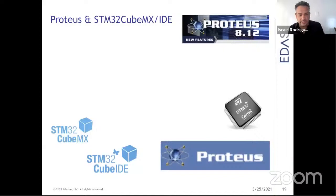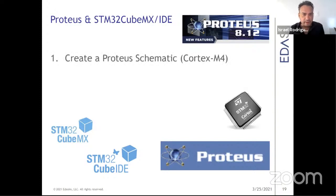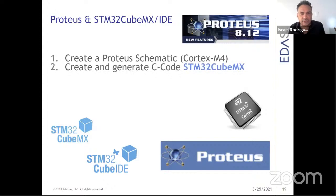Okay, so how does it work? Proteus simulates code compiled and generated using STM32CubeIDE and CubeMX. First, I'm going to show it from scratch. I'll create a schematic from scratch using a Cortex M4. First of all, the schematic of what you want to simulate. After that, I'm going to create a project and generate C code using CubeMX. Okay, just to set up my Cortex M4, where my inputs are, where my outputs are, and generate the code and the libraries and the .h files for it, and edit this code using Cube